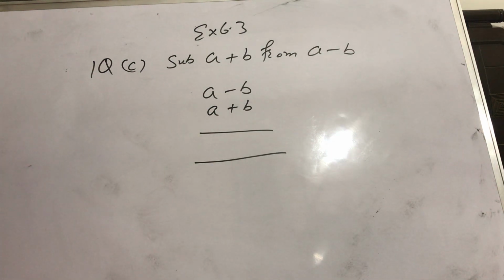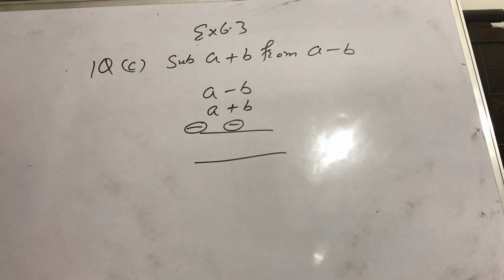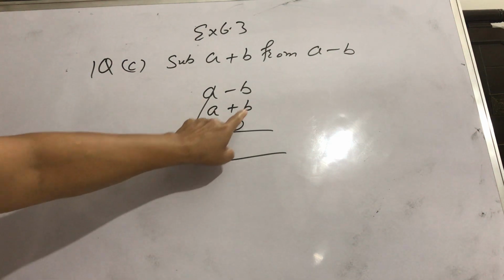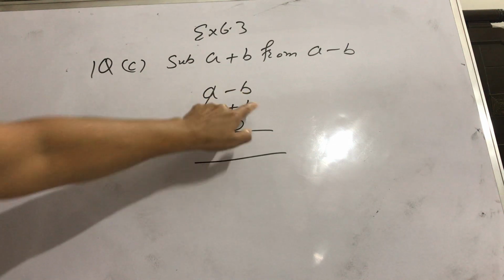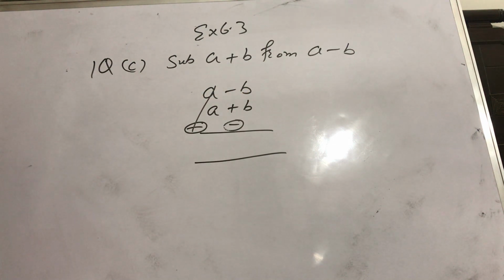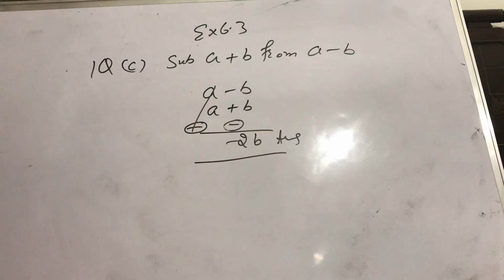That is a means plus a, we will change its sign, make it negative. That was plus b, we will change its sign, minus b. I have circled the change sign because now these signs will be considered. Now it was plus a, it is minus a. Both will be cancelled. It is minus b, it is minus b. Now this plus will not be considered. Minus 1b, minus 1b. Both same signs are always added. Minus 2b. That is our answer.